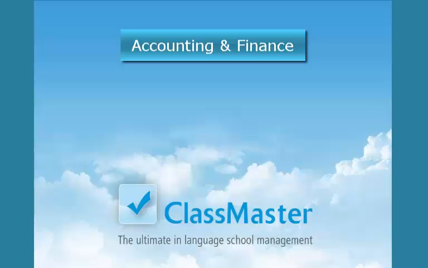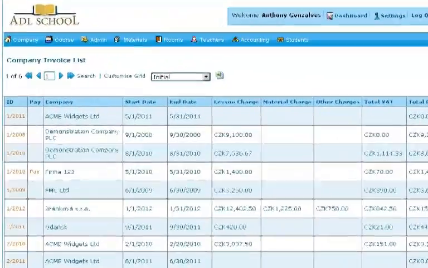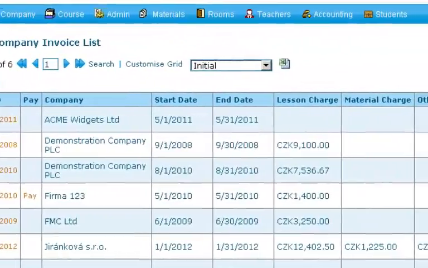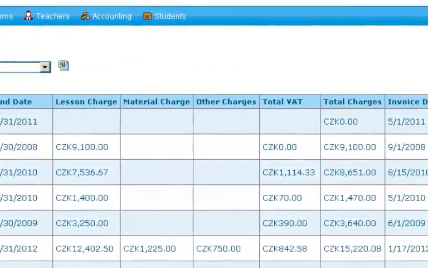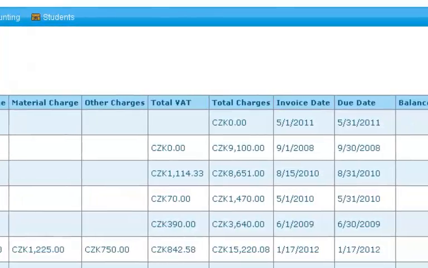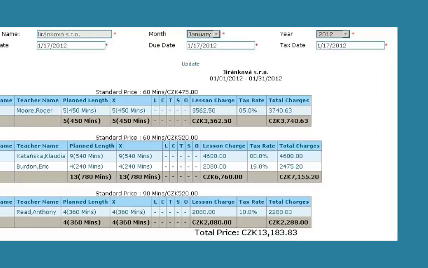Accounting and finance. ClassMaster contains a wealth of information to keep you up to date with the financial situation of your school. Company invoicing. Invoices are created on a monthly basis and charged for what lessons were taught or cancelled. Here we can see a summary of the company invoices and the various charges. If we click on Invoice, we can see the actual invoice and also a detailed breakdown of how the invoice